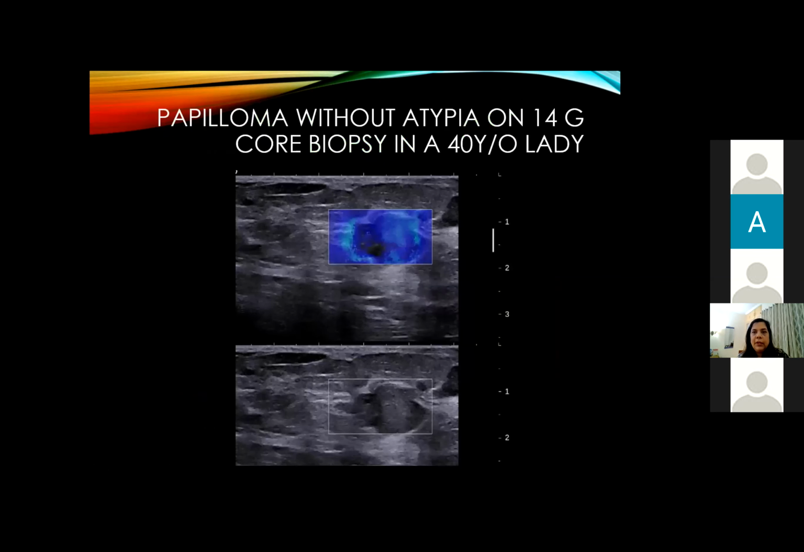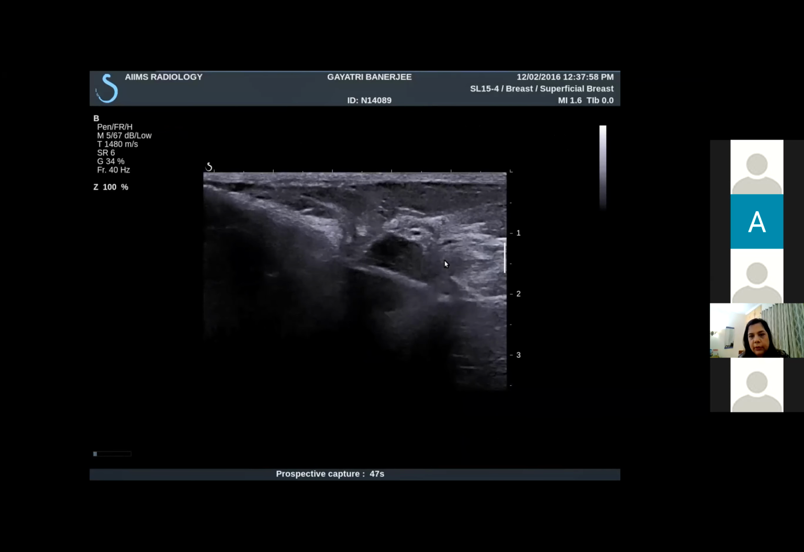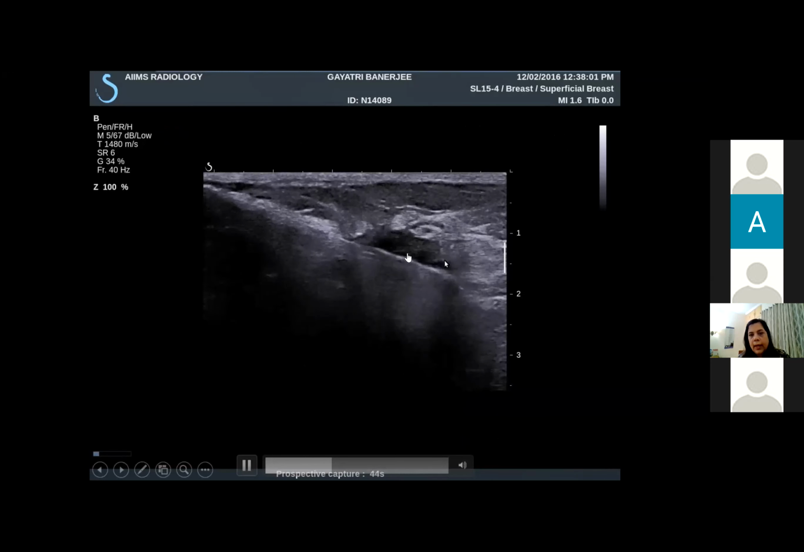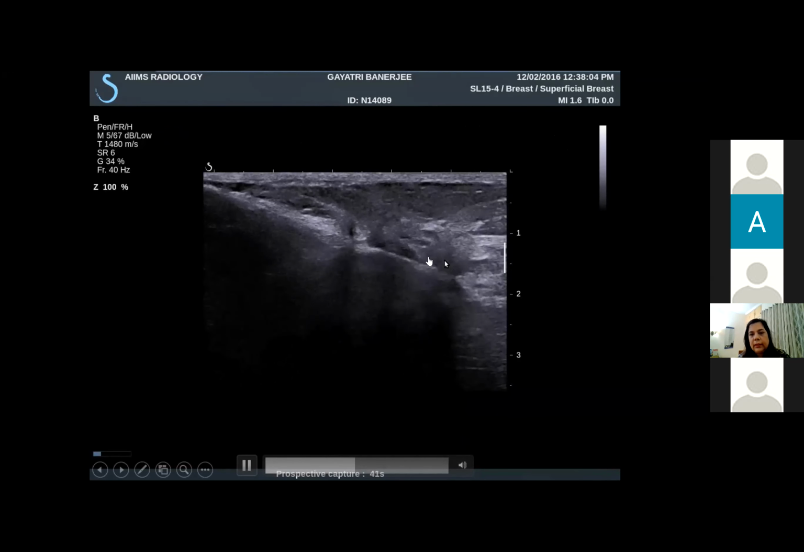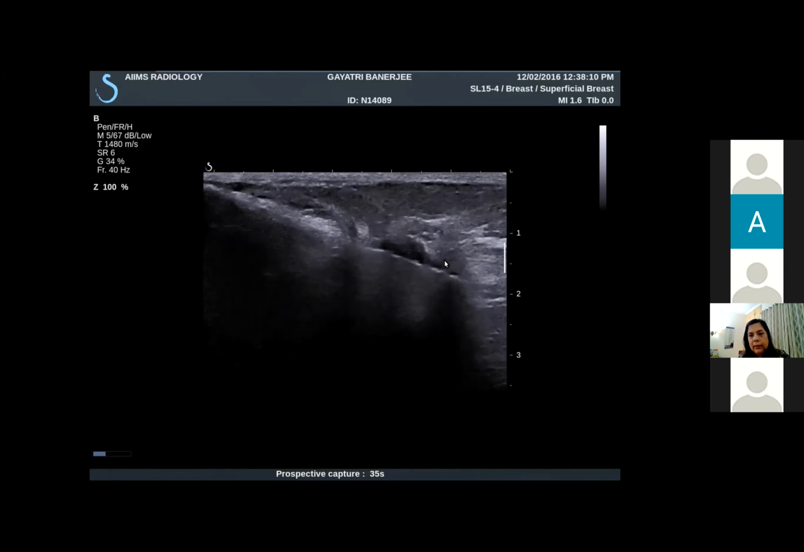So now, coming back to the patient in whom we did not suspect a papillary lesion and did a core biopsy, and the result was papilloma without atypia. She's a 40-year-old lady, not very keen on surgery. So we offered the option of vacuum assisted excision, and here you can see that the trocar is cutting through the lesion, and we are basically removing all that is seen on the image, and later on the hematoma is also sucked out, and a clip